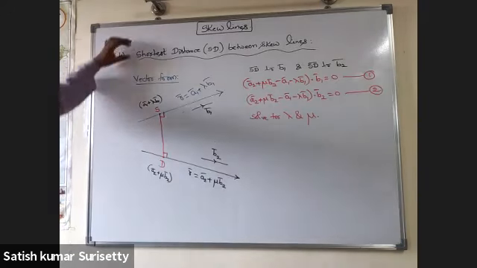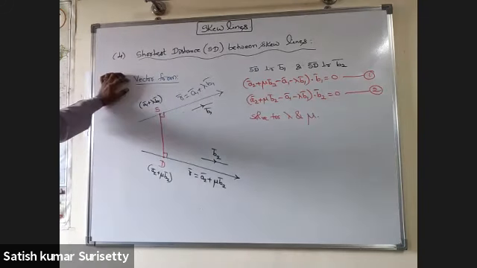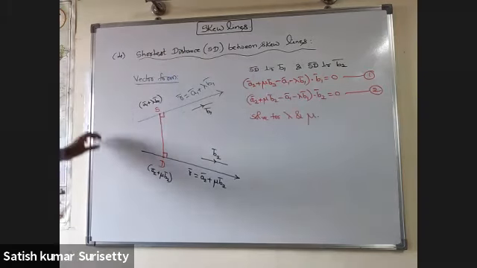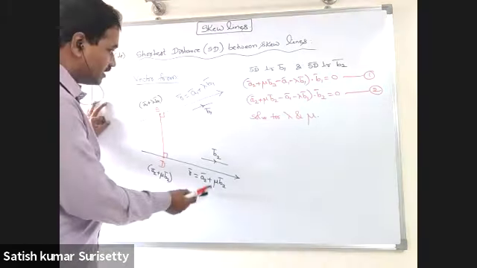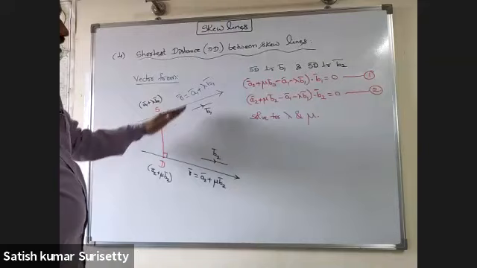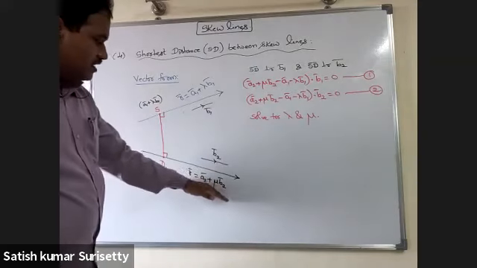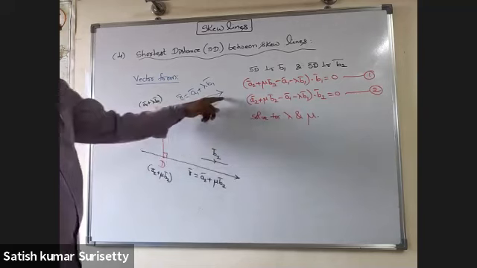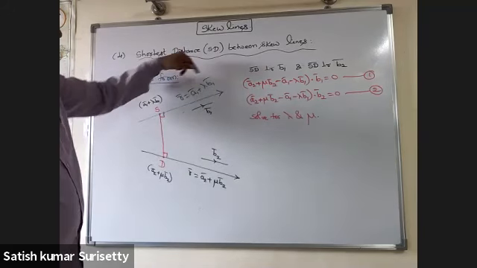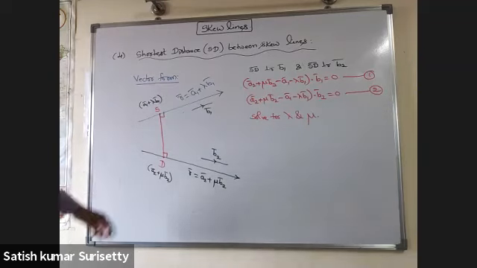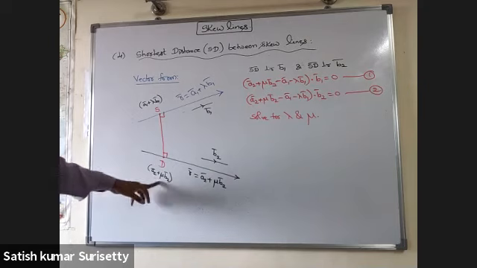So how to find the shortest distance between skew lines in vector form? Let us take the skew lines as r bar equals a1 bar plus lambda b1 bar, and another line as r bar equals a2 bar plus mu b2 bar. Here a1 bar is a specific point on the line, and b1 bar is a vector parallel to the line, and b2 bar is parallel to the second line. If SD is the line of shortest distance, I can take the position vector of the point S as a1 bar plus lambda b1 bar, and the position vector of the point D as a2 bar plus mu b2 bar.